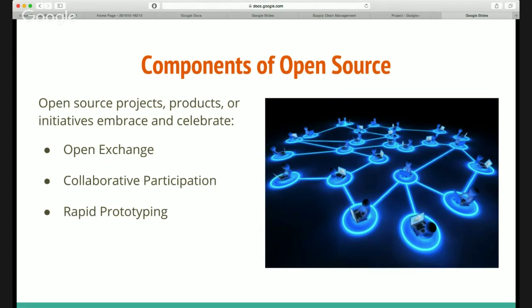Components of this open source software are more of the same as what I've already said. It allows for people to openly exchange ideas. It promotes collaborative participation and also promotes rapid prototyping. These three, open exchange, as I've already said before, allows the open exchange of ideas to flow from one another, and allows for people to bounce ideas off the top of each other, allowing people to collaborate, and endorses participation